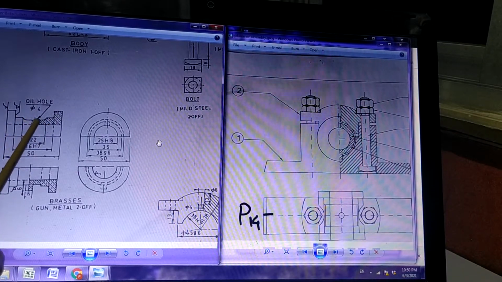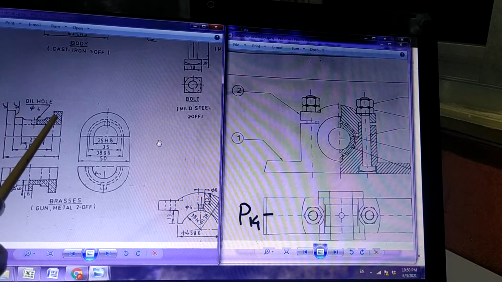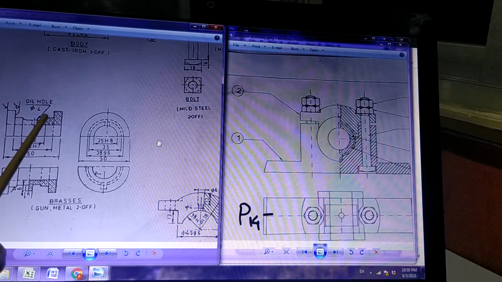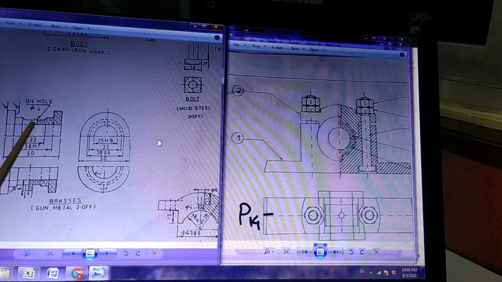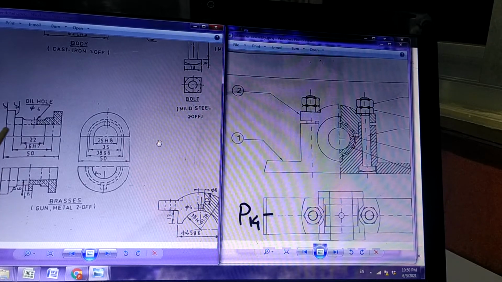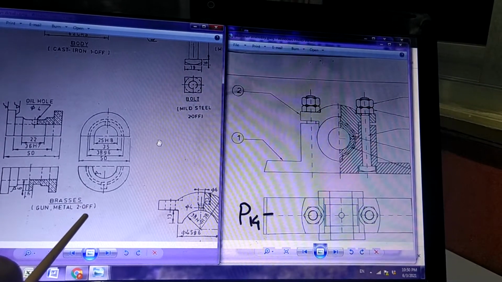As you know, because of this undercut here, this space will not touch, and you have to only machine this surface, which is giving you a lesser surface to machine. So it is kind of a cost saving. Then there is an oil hole provided as usual for lubricating the shaft, which is present here inside. So they are the brasses. Gunmetal, quantity actually should be 1 each.